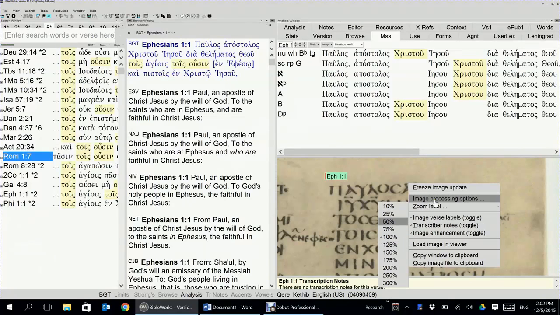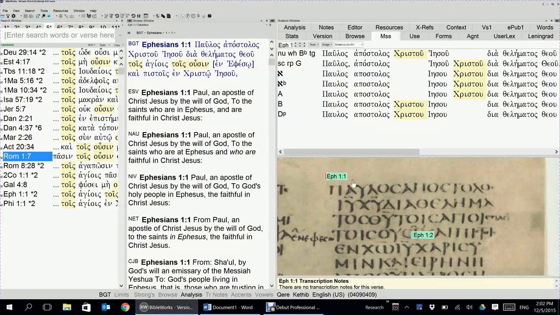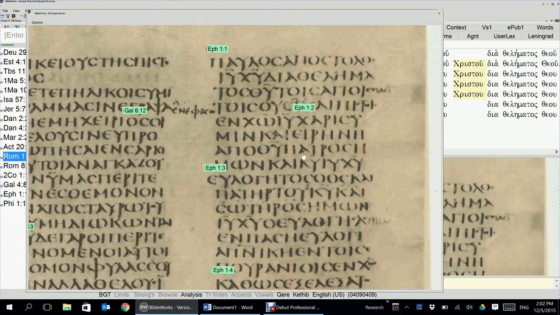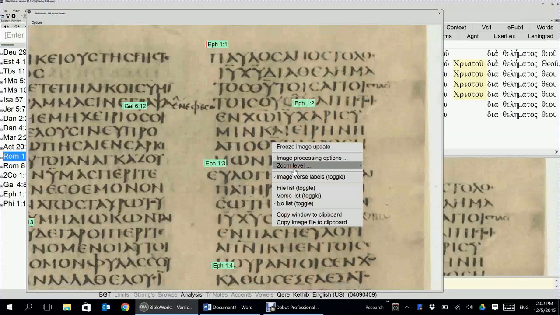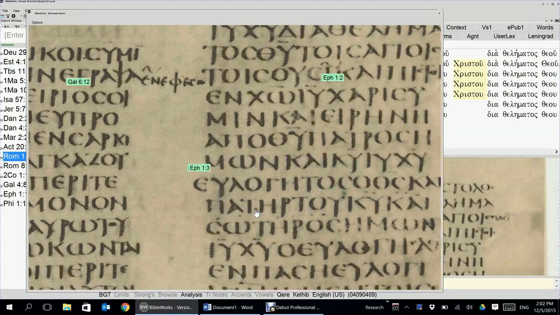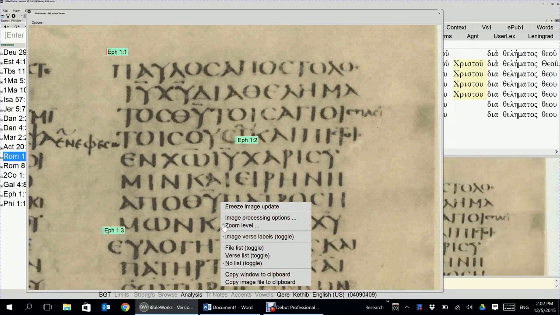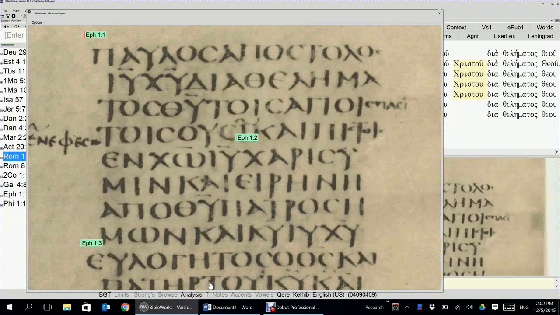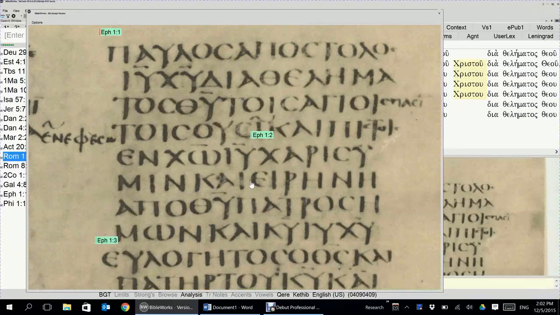Let's go load image in viewer. And then that's still a little small, so let's zoom it to 150 maybe. Let's go 175. Okay. Now, if you've never read any of these early manuscripts before, then I'll help you out here. It takes a little bit of getting used to. It's kind of like reading the Dead Sea Scrolls. If you've ever tried to do that, it's a little different because there's no vowel points in the Dead Sea Scrolls, but